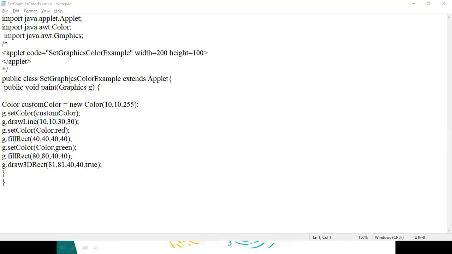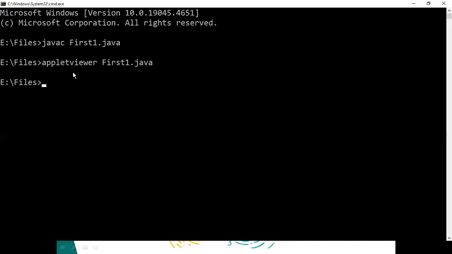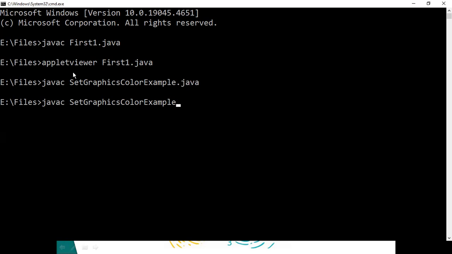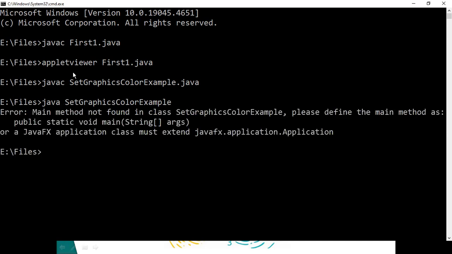One minute, beta. Copy your class name, compile your code and run it, right? javac SetGraphicsColorExample.java. And then java SetGraphicsColorExample. Acha, it's applet, beta. You should run by using the appletviewer, not by using java. So appletviewer,